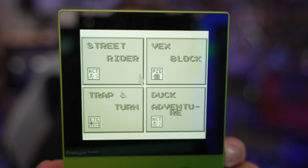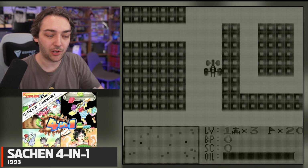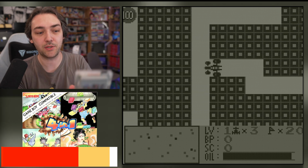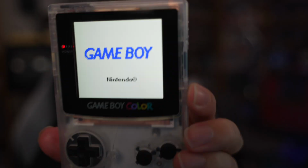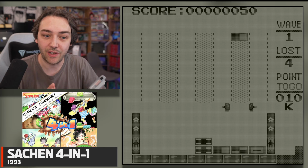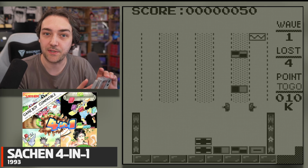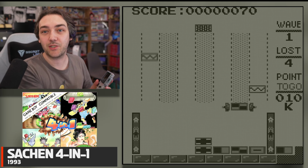right here. If we boot into the game, you can see on the main menu it gives you the list of the 4 games that you can play right there. But if you play this on an original Game Boy Color, some variations of it, or on here, which is a modded Game Boy Color, which still uses a basic Game Boy Color circuit board, it just doesn't do anything, it just hangs on the Nintendo logo. And the reason for that is that the developers actually did something inside the cartridge to bypass that Nintendo lockout screen, but it only works on certain revisions of the Game Boy Color, but thankfully it actually runs fine on